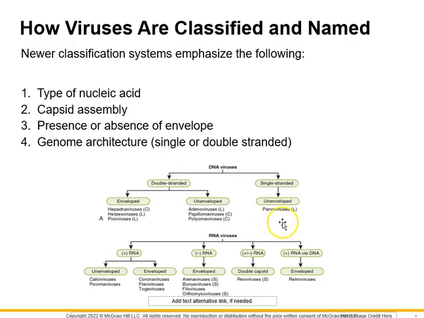So you can see here in this diagram that they're talking about DNA viruses, and the first thing it's asking is, is it double-stranded or single-stranded? And then it goes down, and does it have an envelope or does it not have an envelope, right? And then it'll give you different groupings for some of these organisms. And so these are your DNA viruses, here's your RNA viruses down here. So this is a little bit about how we classify and name viruses. All right, so